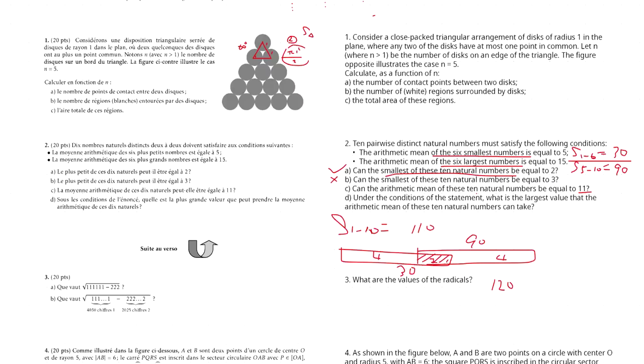So actually we have to subtract S5 to 6, because these 2 numbers have been counted twice. So 120 minus S5 to 6 must be 110, so S5 to 6 will be 10. The only possibility, or the largest, if we say the largest fifth number, will be 4 plus 6, because the numbers are distinct and we cannot make it 5 plus 5. So that means the fifth number